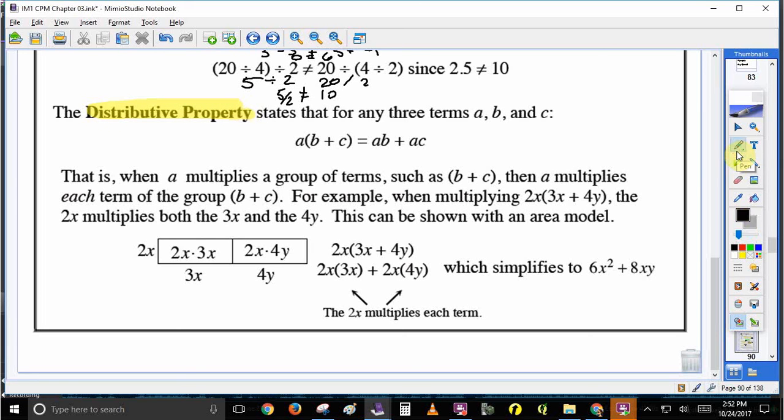A lot of times you'll see teachers do this little arrow thing here, like we're pairing the A up with the B and then pairing the A up with the C to get AB plus AC. That is when A multiplies a group of terms such as B plus C